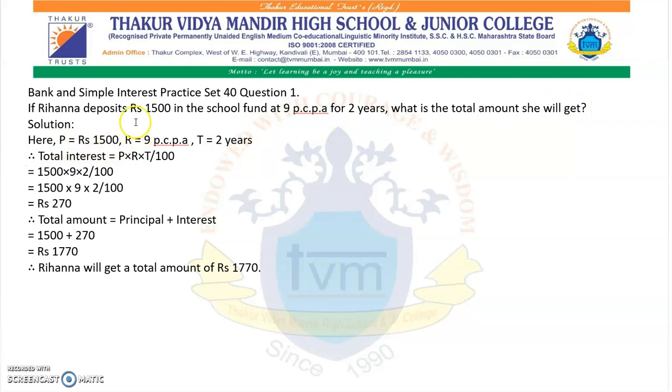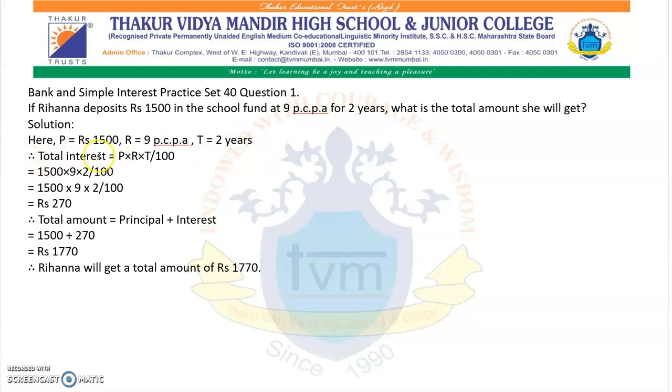The first important thing you have to notice is what is the principal in this question, what is the rate here, and what is the time. In the previous slide I told you that principal will be written in rupees, and how will you judge that this is the principal? Just now I told you, if we are depositing or withdrawing money from the bank, it is called principal. So 1500 is the principal. Rate of interest is always written in percent per annum, so rate is 9% per annum. Time is written in years, so T equals 2 years.